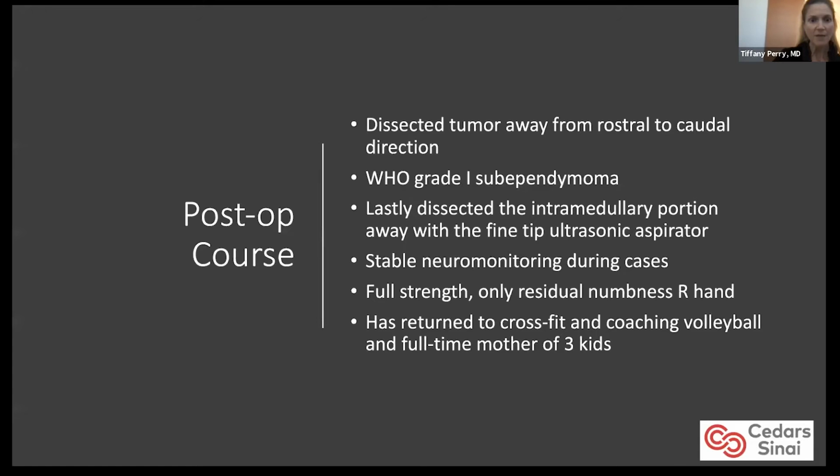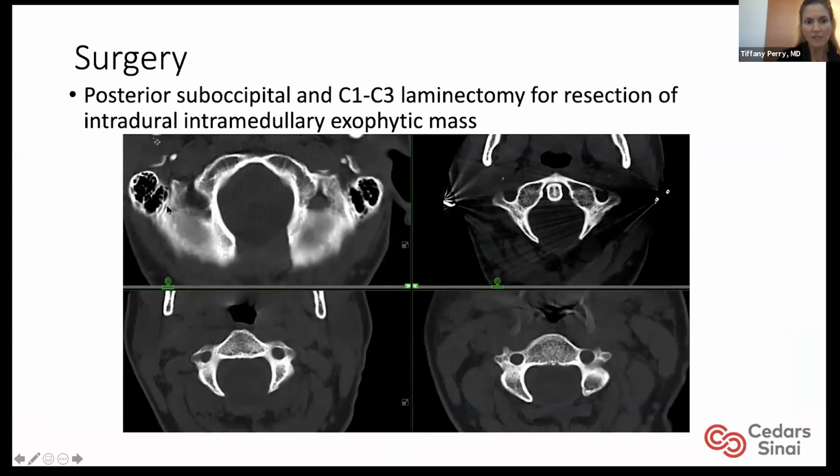So I did. You can see here just sort of my lines. I did a very, very narrow suboccipital crani, just enough to be able to view superiorly with the microscope up cranially, see cerebellum, and then peel that tumor down, which then brought me to that area. That's the safest stuff. As my chairman always taught me, that's the low-hanging fruit. That's the stuff that you want to get out first, and then peel away as much tumor as you can. But then once you hit that portion that's really coming out